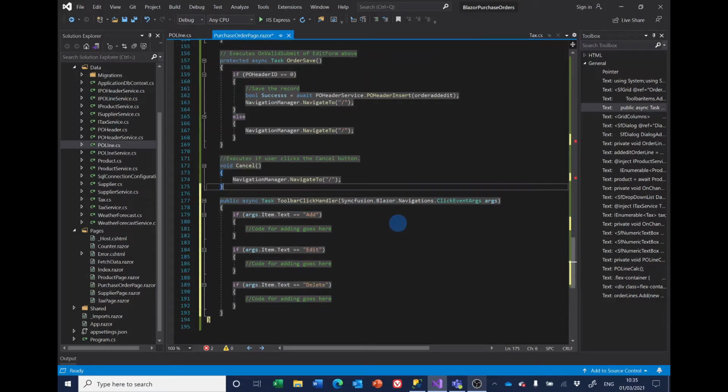So what that is doing is when the user clicks on the toolbar, add, we're going to put some code in here, edit, we're going to put some code in there, and delete, we're going to put code in there. So those are just placeholders for the moment. Now I think if we run it,